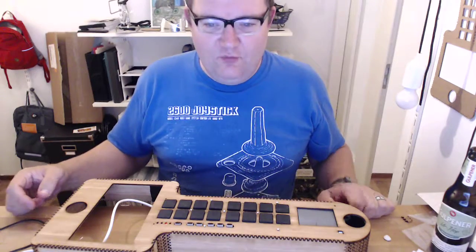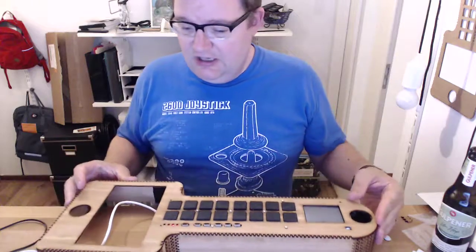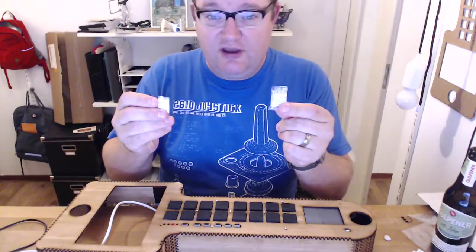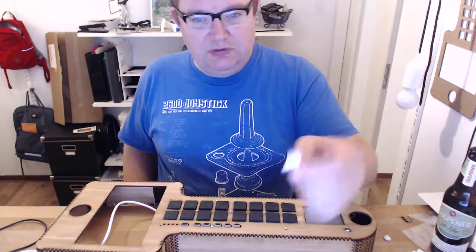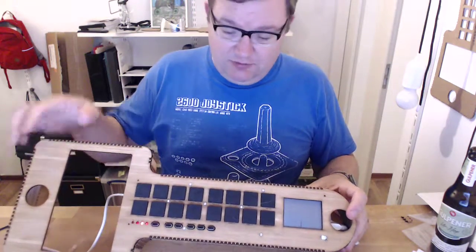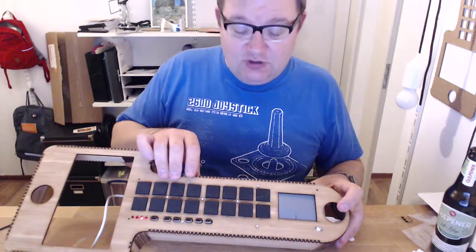Hello, I've been waiting to work on the guitar instrument that I've been building until I could get some special order screws, and I got two sizes to try out. Turns out the ones I need are the 2mm, which are actually bolts, very small screws that I use to mount the guts of the Korg Nanopad 2